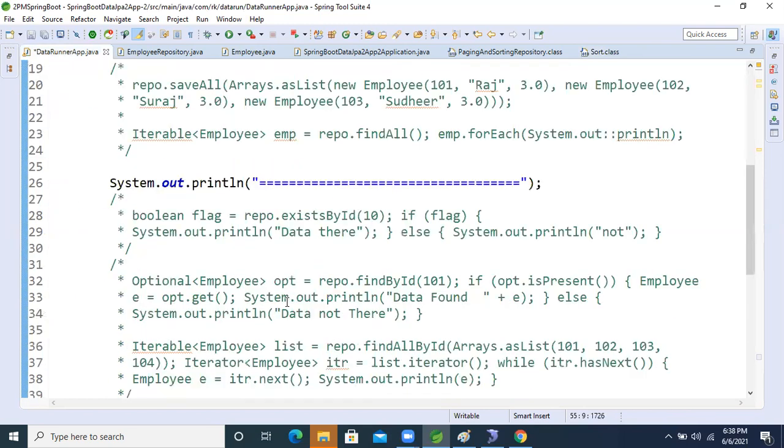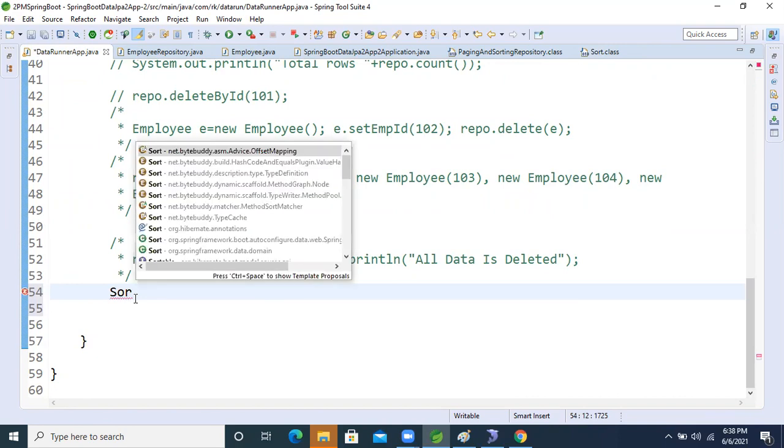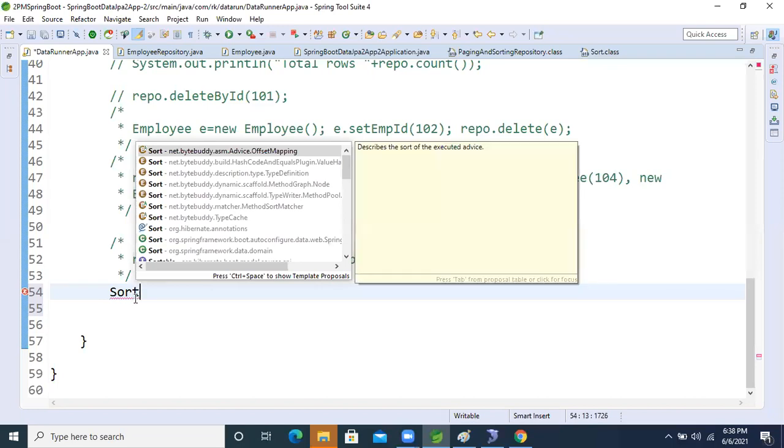Come here now. So what we will do now, guys? We will take the Sort class object. Inside it, Sort, S-O-R-T. Yes, Sort is correct.